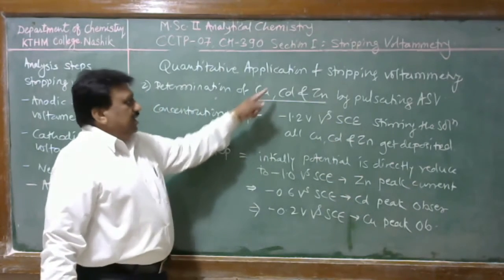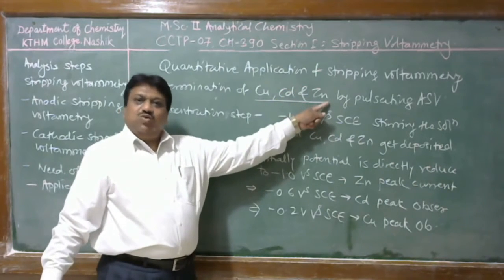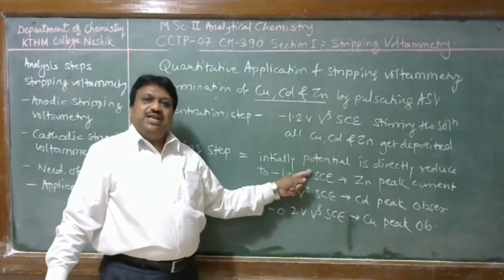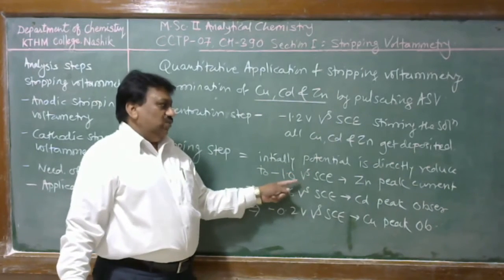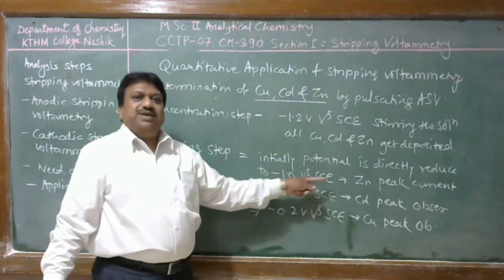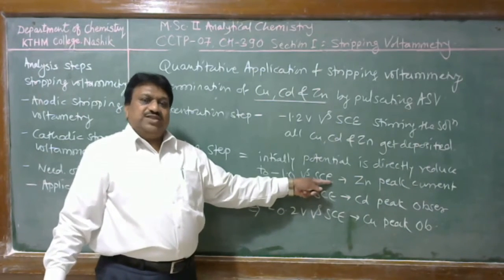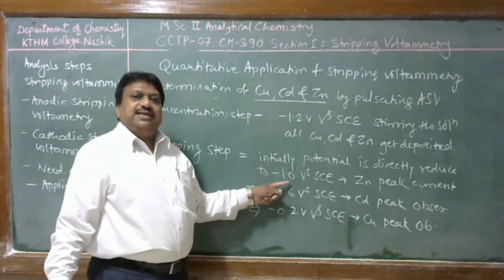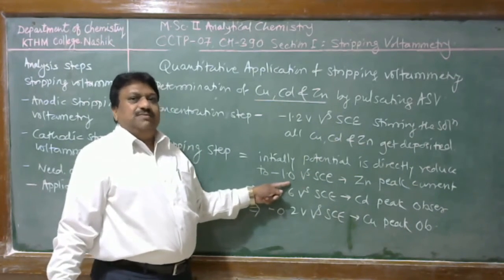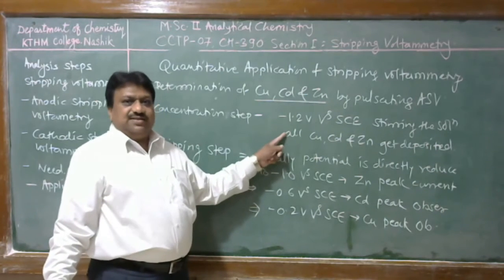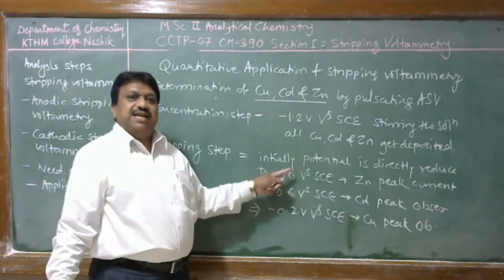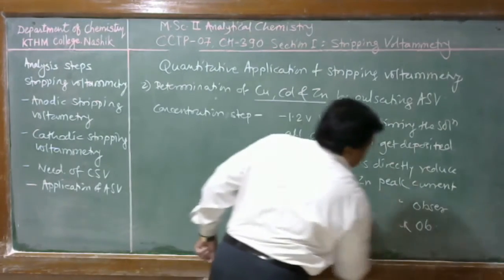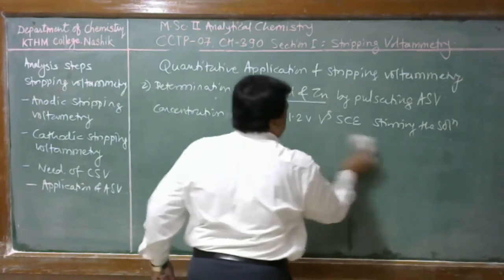In this way, in pulsating anodic stripping voltammetry, without linear scan we can scan potential in a pulsating manner, so that we can observe those peaks at the respective oxidation potential or reduction potential. By pulsating method we can increase the sensitivity, because the interfering ions' interference can be removed in a pulsating mode. Students, now we discuss the applications of anodic stripping